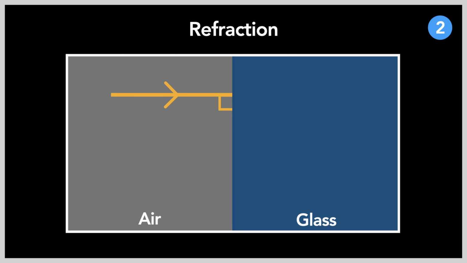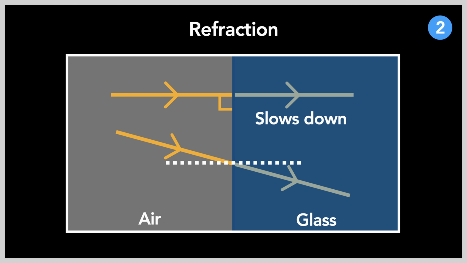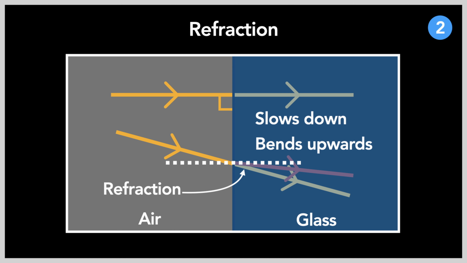When a ray of light encounters a denser medium perpendicular to its entrance plane, the light wave will slow down but travel straight on through the medium, as shown in this diagram. However, when approaching at an angle, the light ray will bend towards the normal, the same perpendicular dashed line as mentioned before. This is called refraction.